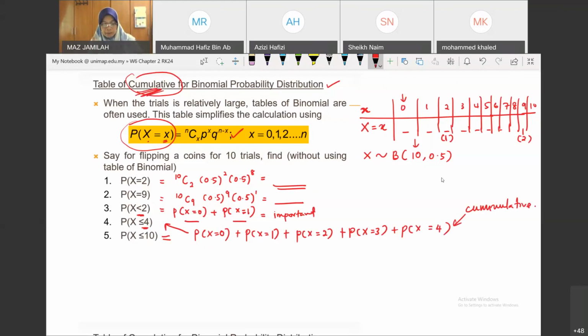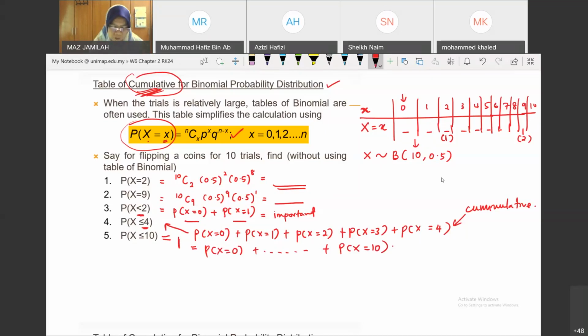Oscillator. And of course, when you say find the probability of x less than or equal to 10, definitely the answer will be equal to 1. But this one reflects P(x = 0) until the last one, P(x = 10). So that will be the things that you should understand about the cumulative for binomial